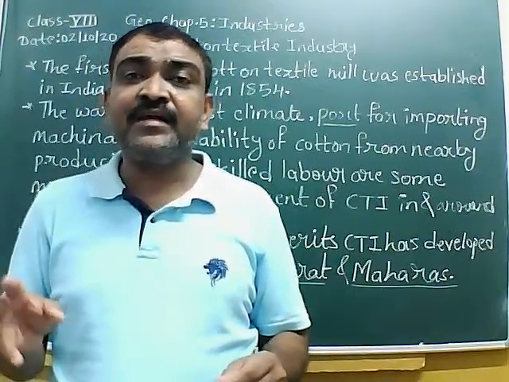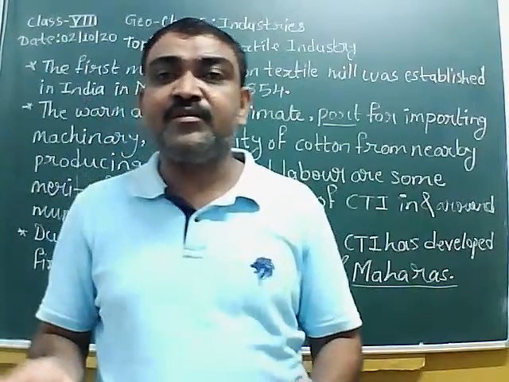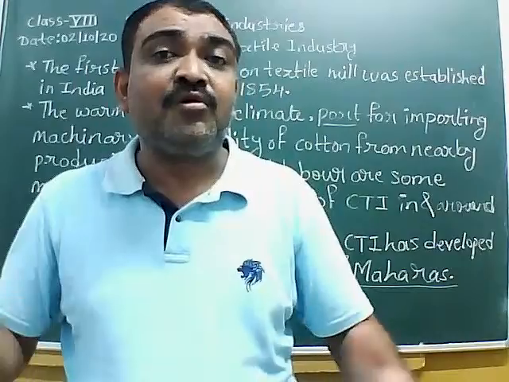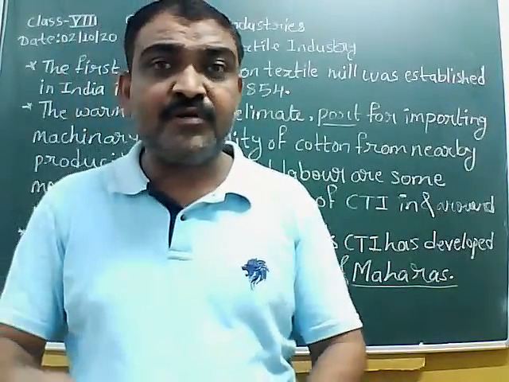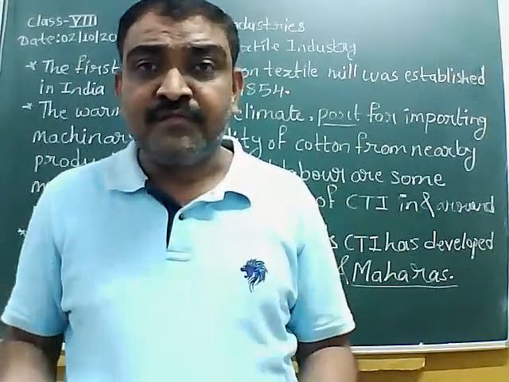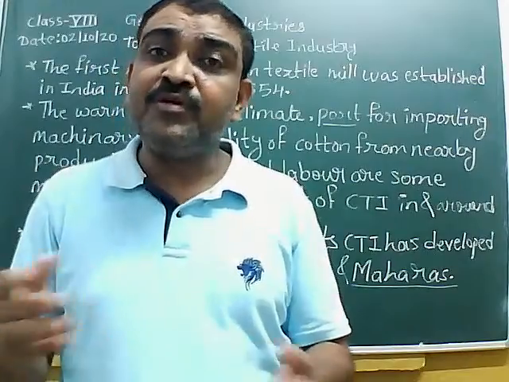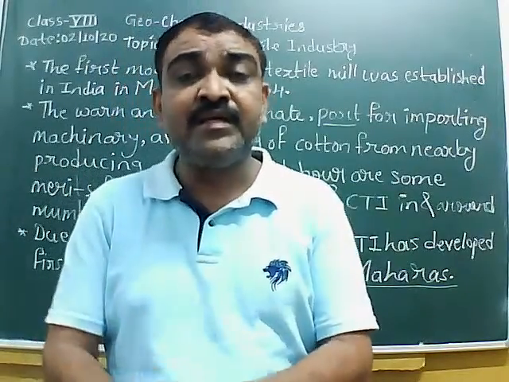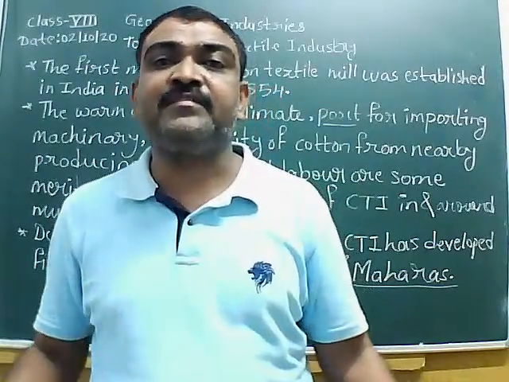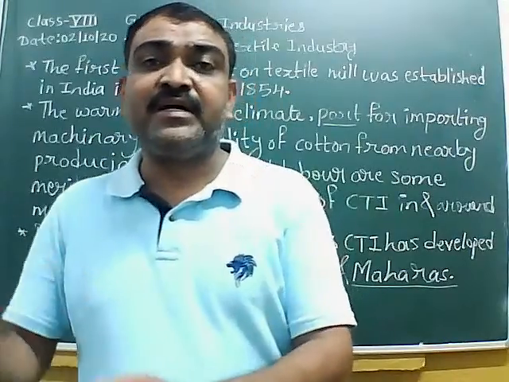ओके तो पहले क्या था, ट्रांसपोर्टेशन की समस्या थी, इसलिए कॉटन टेक्सटाइल इंडस्ट्री उन्हीं स्थानों पर लगाई गई, वहीं पर डेवलप हुई जो किसके पास थे, कॉटन प्रोड्यूसिंग एरिया में थे या कॉटन प्रोड्यूसिंग एरिया के पास थे। अब आज की डेट में क्या है, फ्रीक्वेंट और द फास्ट ट्रांसपोर्टेशन थ्रू रेलवे इज अवेलेबल, रोड ट्रांसपोर्टेशन भी बहुत अच्छा अवेलेबल है, इसलिए रॉ कॉटन जो है वो कंट्री के डिफरेंट पार्ट्स में बहुत कम समय में और काफी कम लागत में भिजवाया जा सकता है।